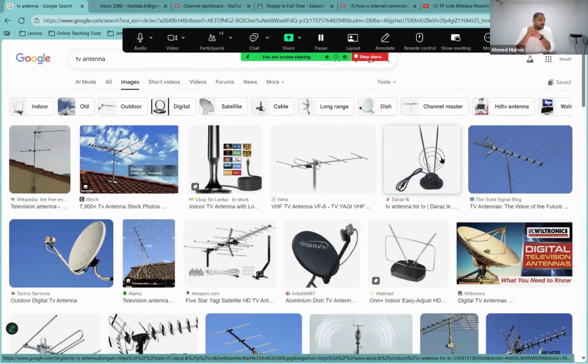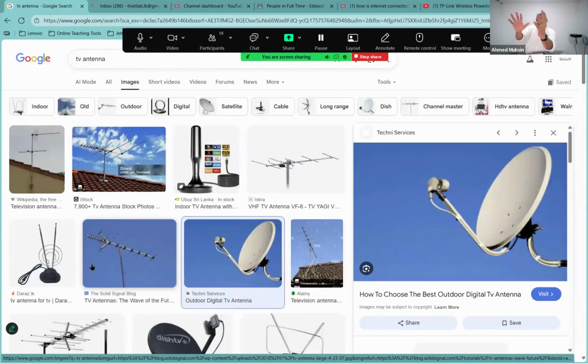Signals are going from where to where? Signal tower to signal tower to signal tower to signal tower, and then it comes to your antenna. Everybody okay with this? When you use this Dialog TV antenna, they position the antenna to face the closest signal tower. Is it clear? So signals are coming from a signal tower, which is a lot closer than signals coming